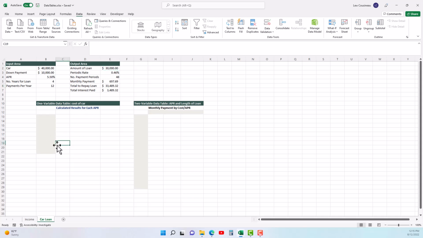Okay, so one variable data table. What do you want to vary? I'm going to see what happens with different interest rates. So let's say we start with 3.5%, we go to 4.0%, and then right here I can fill this series down. By the way, you can also go